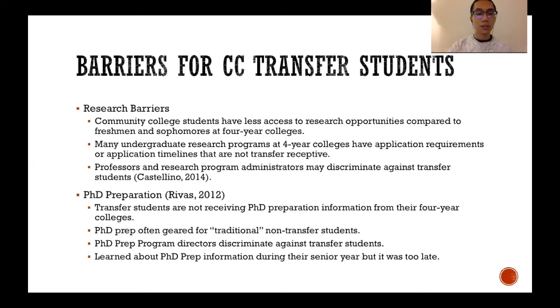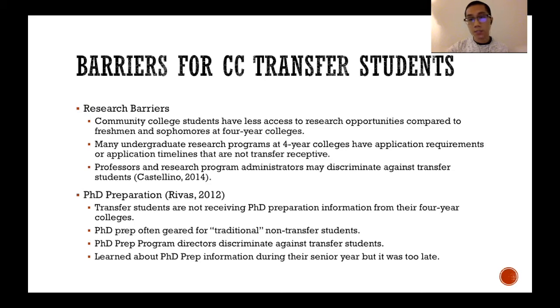To go over the research barriers, as you all know from firsthand experience, community college students have less access to research opportunities compared to freshmen and sophomores at four-year colleges. And these research barriers continue to persist even after community college students transfer. Many undergraduate research programs at four-year colleges have application requirements or timelines that are not transfer receptive, and they put transfer students at a severe disadvantage compared to their non-transfer counterparts.